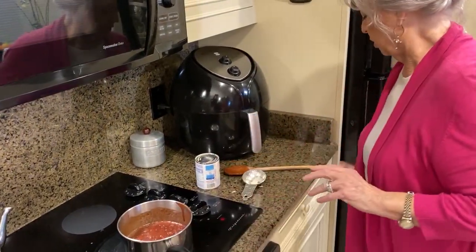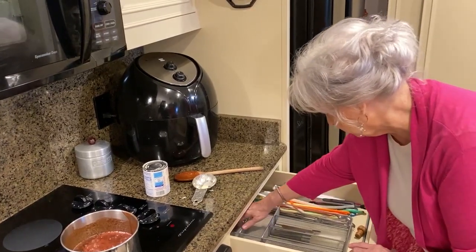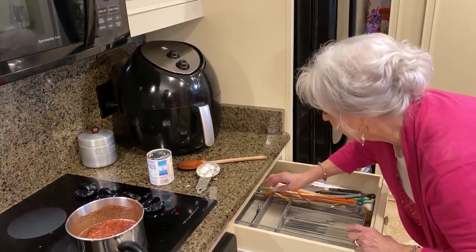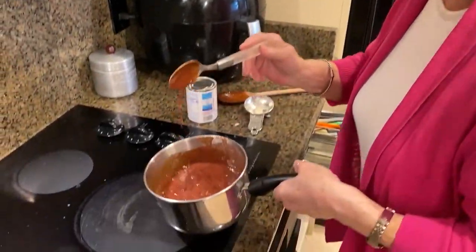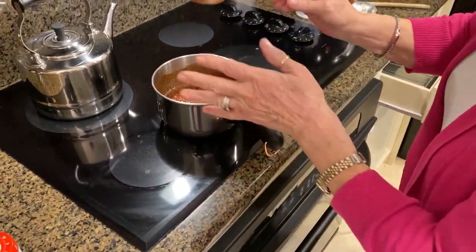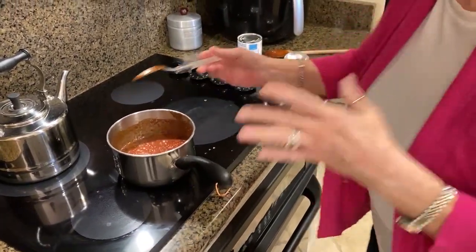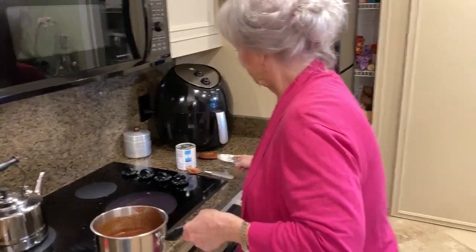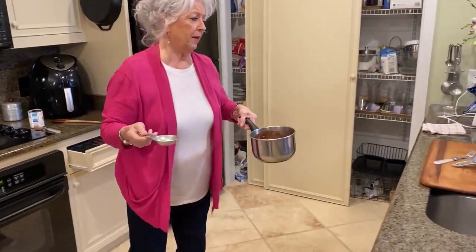All right, now I'm going to check that with another spoon. Here's a spoonful. That's all right. Oh, look, no, that's not a spoon. That's a fork. Thank you, thank you. All right. Yum. It is not grainy. So it's really better, y'all,